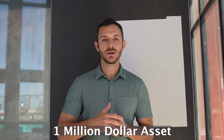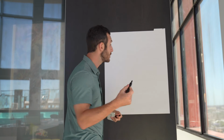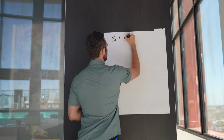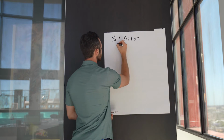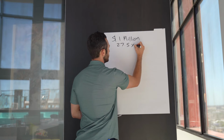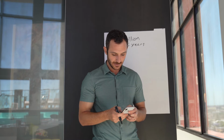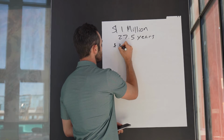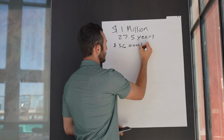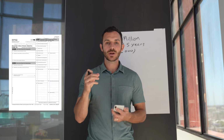So let's say, for example, we're gonna use a $1 million asset, right? And in order to depreciate that building, I'm gonna pull out my calculator here so you can see this. So let's just say we have a $1 million asset, okay? You got a $1 million asset, 27.5 years. So this thing's gonna depreciate. So 1 million divided by 27.5 is 36,000. Let's just call it roughly 36,000 in depreciation, okay? So that means every year on your what we call a K1 statement, which is what you get at the end of the year,